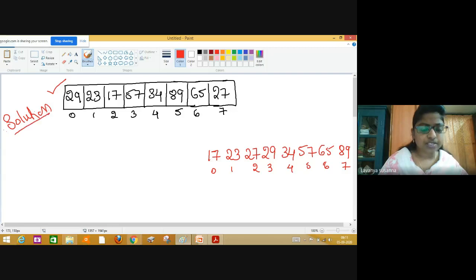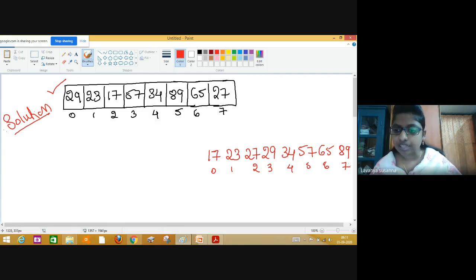Write down the solution. First, what you have to do is, in rough page, arrange all the elements in ascending order with indexes. Okay, with indexes, arrange the elements in ascending order. Now, in rough, just note down this. Just in rough page, I will say why you have to do this.